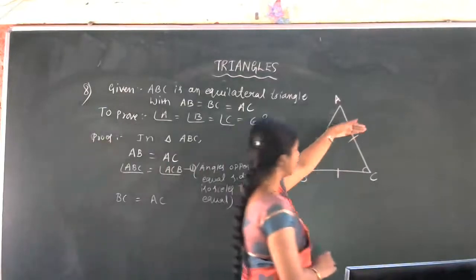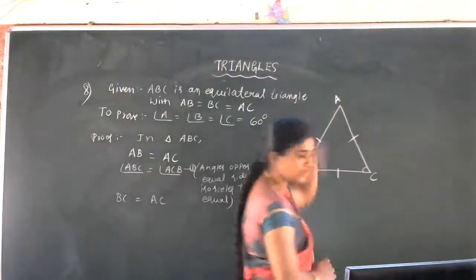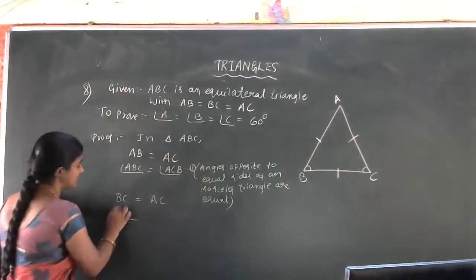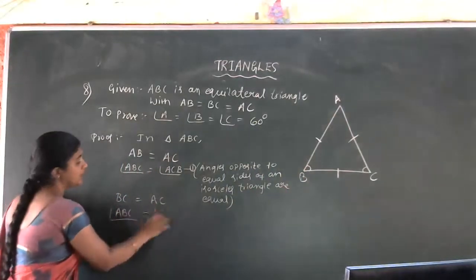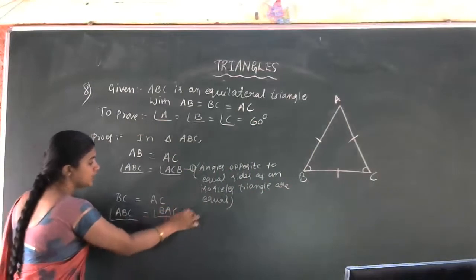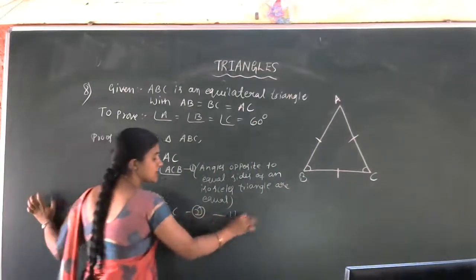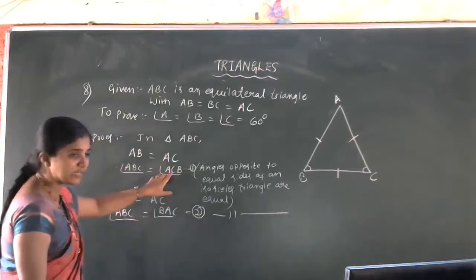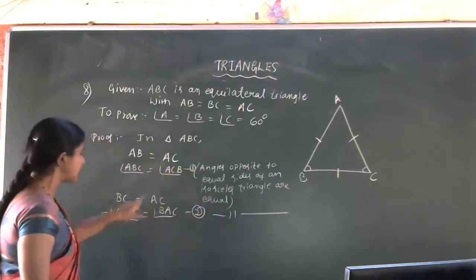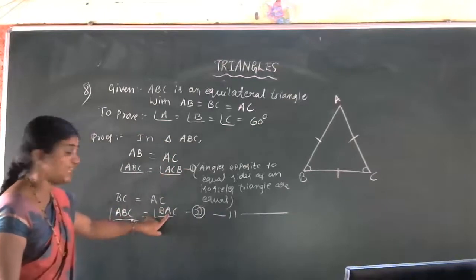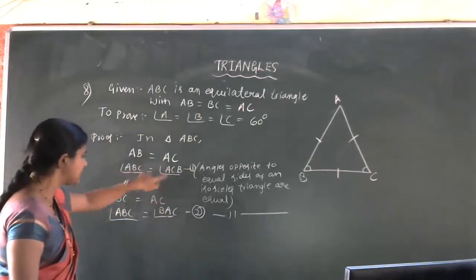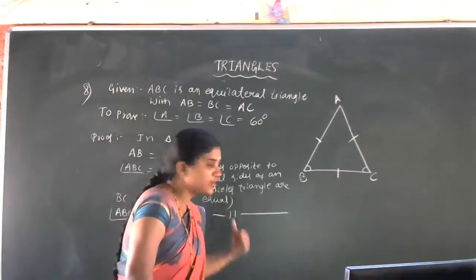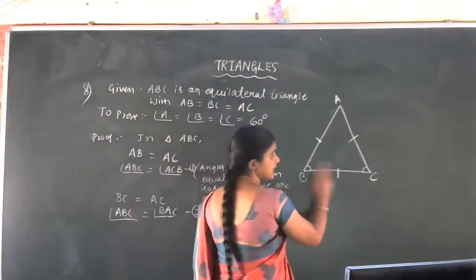So till now, we discussed the criteria of congruency, SAS, ASA and AAS, and also two properties: angles opposite to equal sides of an isosceles triangle are equal, and sides opposite to equal angles of a triangle are equal. So we have completed the exercise and example parts also. Tomorrow we are going to discuss the next new topic of the triangles. Is that clear, students? Do you have any confusion regarding this?